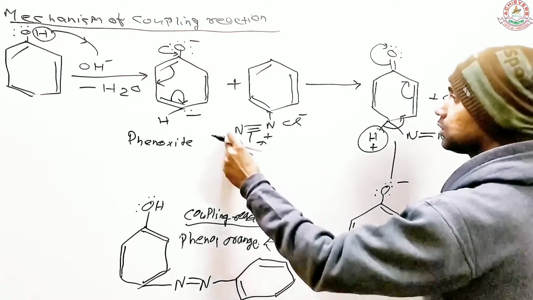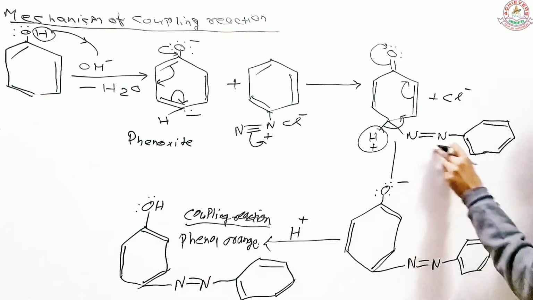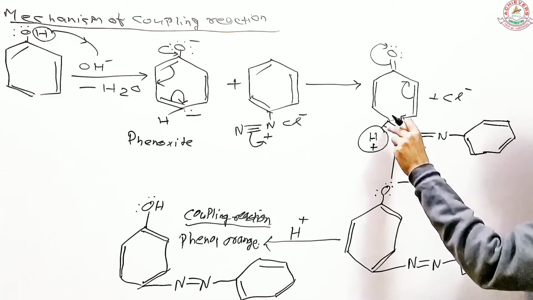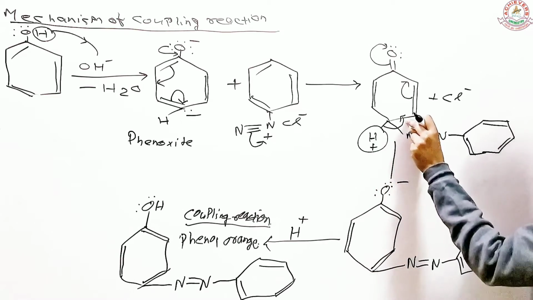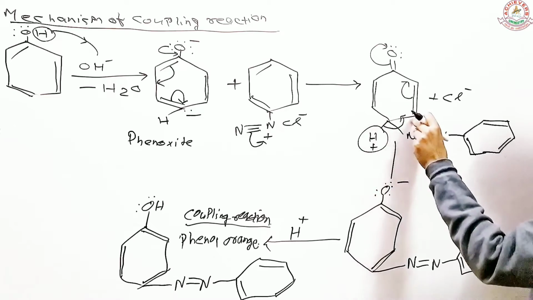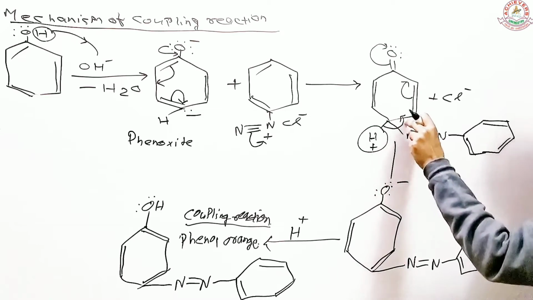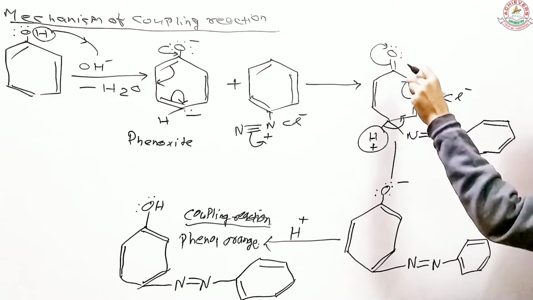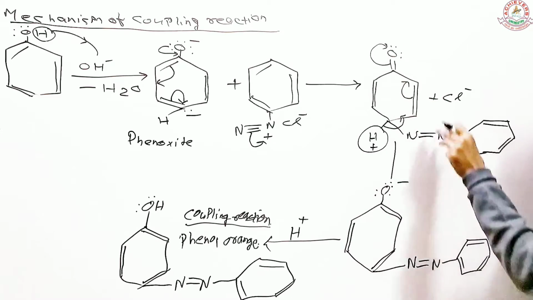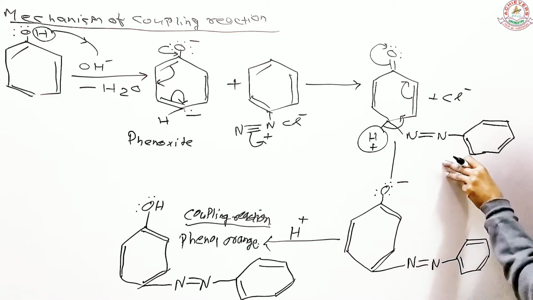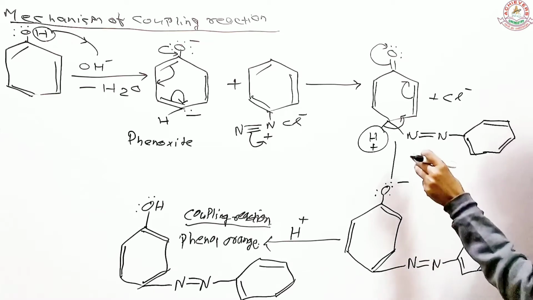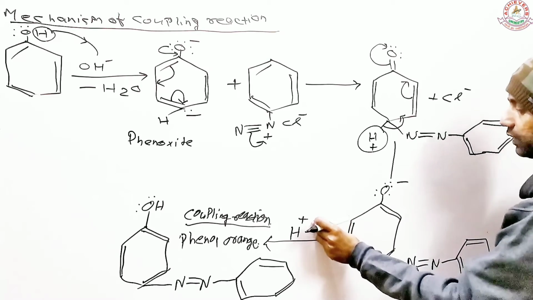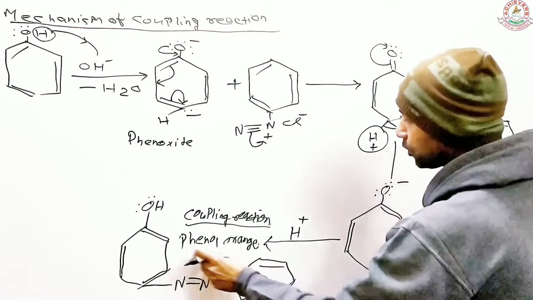And then this nitrogen bonds itself to the carbon, which I have done over there. In the next step, one of the bonds through which the hydrogen is bonded now breaks, and due to that the electron moves towards the adjacent sigma bond here. You can also shift it this way or this way, doesn't matter. So it goes here, and then this pi bond shifts to the next, and finally oxygen goes through back bonding and restores its neutral condition. So this is what your situation looks like. And finally you get this product, and in the last step protonation takes place again, and this protonation results in the formation of your phenol orange.